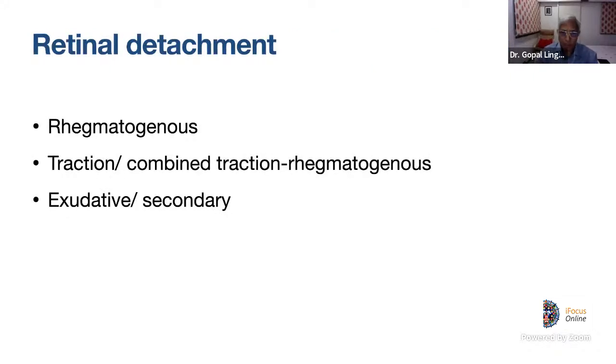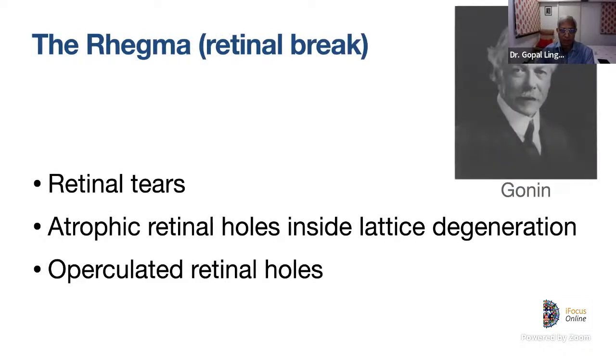Now, broadly, this is the pathogenesis and pathology of retinal detachment. Let's talk about the types of retinal detachment. Broadly, they are rhegmatogenous, tractional, combined tractional and rhegmatogenous detachment, and exudative or secondary retinal detachments. The rhegma is what defines the retinal detachment which we manage surgically. Not that you don't manage tractional detachment surgically, but in this particular lecture, I'm going to talk about primary rhegmatogenous